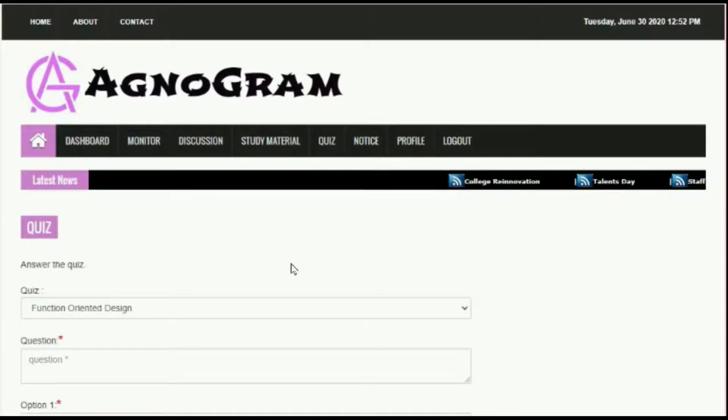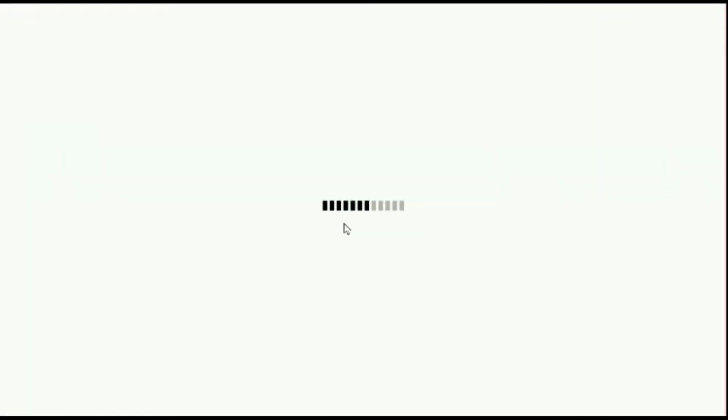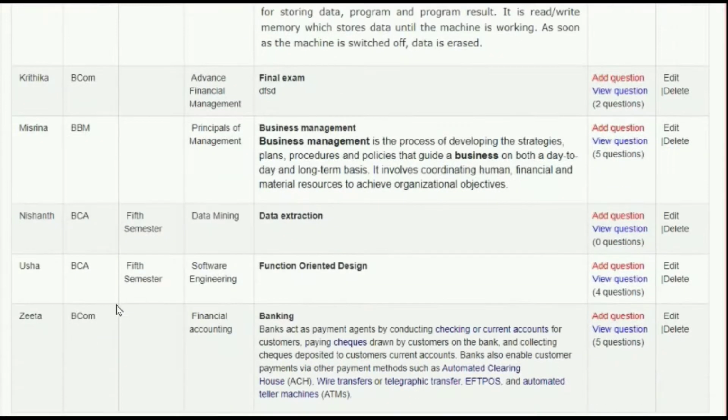Under View Quiz, the added questions can be viewed by selecting View Question. Staff can also edit or delete the questions that are being added.